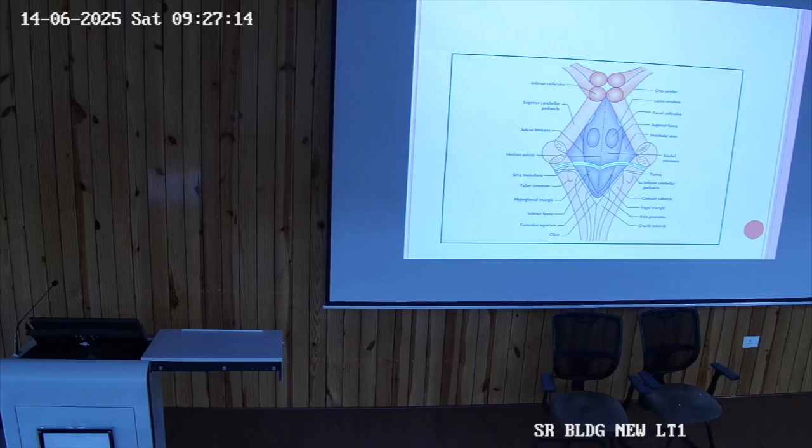So how is this facial colliculus formed? Is it formed by the facial nerve nucleus or by the abducens nucleus? You have to remember that it is always clearly visible, and you have to identify it. In the core of this facial colliculus there is the abducens nerve nucleus, and this colliculus is formed by the genu of the facial nerve fibers which wind around this abducens nerve nucleus.